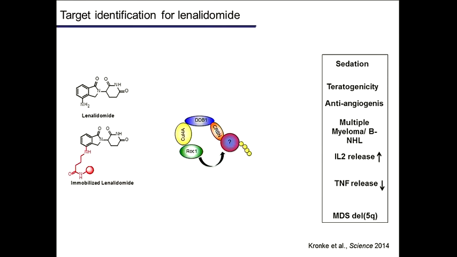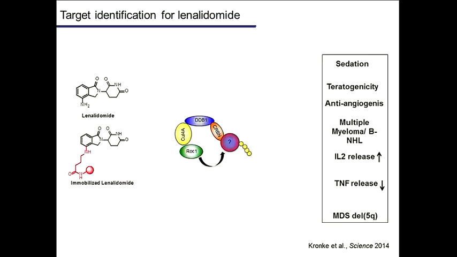As we were doing this, there was another group in Japan led by Hanada who also did a very similar study to what we did with lenalidomide with thalidomide, and they came up with the exact same multi-protein complex. So two different compounds with similar activities, searching the entire proteome, came up with the same protein, so that seemed reassuring. And it also seemed an interesting type of target, both because an E3 ubiquitin ligase has never been targeted